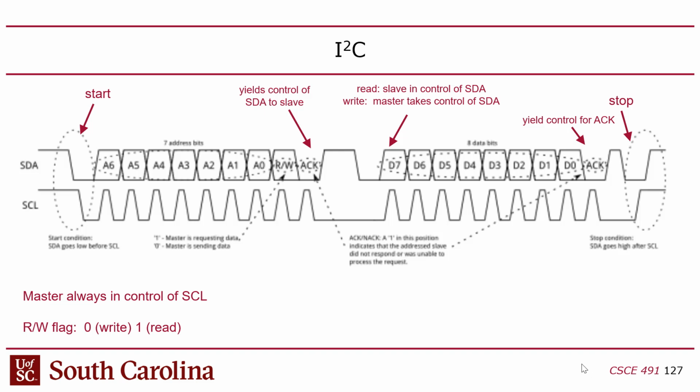Okay, so again, the master is always in control of the clock, and the data is changing hands depending on who needs to talk. Now, the cool thing about this is that setting this high requires that nobody drives the bus. Everyone's transistor has to be off in order for the clock to go high, right? Which means that if I'm a slave and I want to throttle the master a little bit,